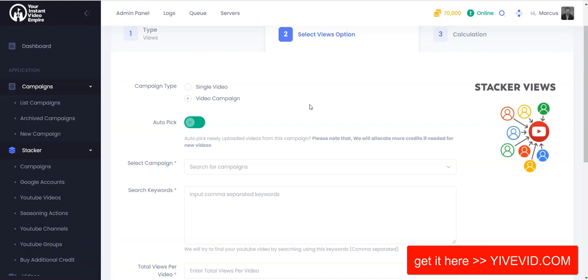So the problem for the system is it doesn't know necessarily how many videos you plan to add over time, like when you're going to pause the campaign, when you're going to keep it going, that type of thing. So you can turn off auto pick, which means it doesn't necessarily have to do every video in your campaign. So I would turn that on and say, okay, not every video has to be done. The system should